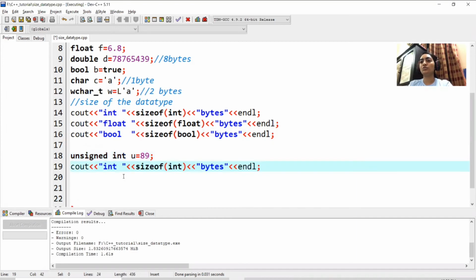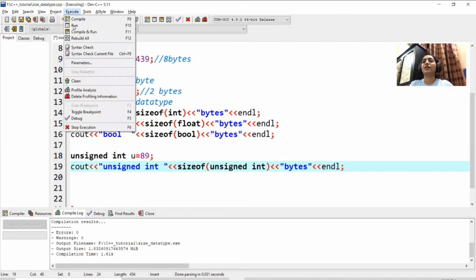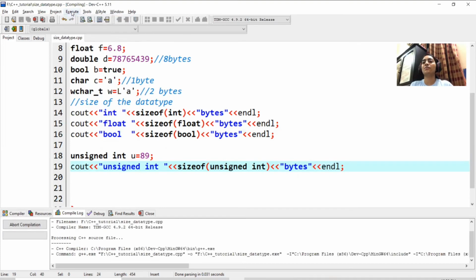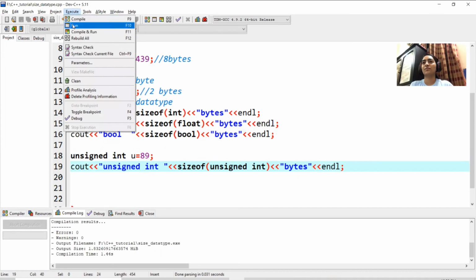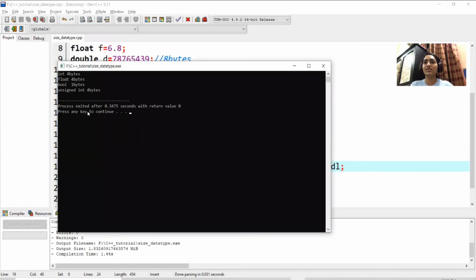And if you want to see the size of the unsigned data type, then you know what to do. I just write here, and then again compile, run. See, unsigned int also takes 4 bytes.